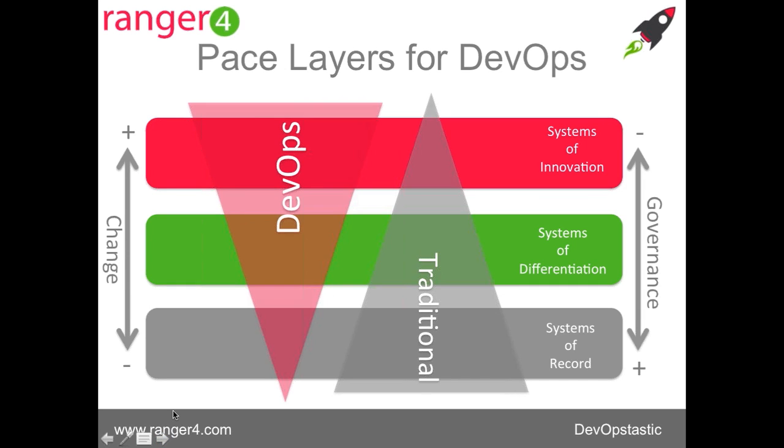I kind of alluded to this a little while earlier and almost a moment ago as well. When we're doing the fit assessment, one of the things that we try and understand is where it would be good to start a DevOps project or do the next DevOps project. There's been some traditional thinking in the marketplace that DevOps is all around the systems of innovation, and this is another slide from Gartner. Actually, this is one of Ronnie Colville's from her 7 Steps to DevOps. One of the steps, I think it's 2 or 3, I can't remember which, is pick your application.